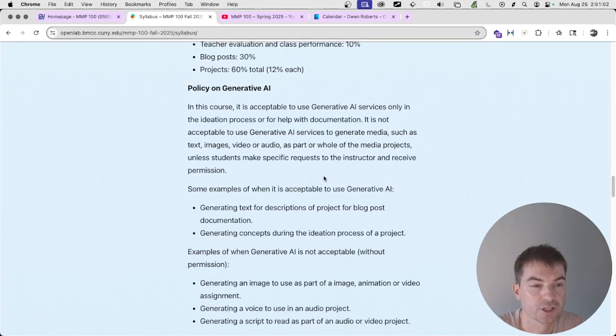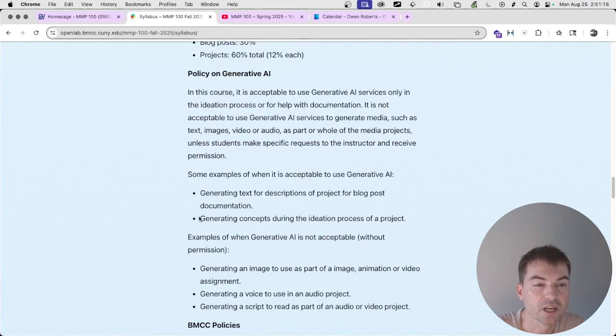Again, some clear examples. When you're writing blog posts, if you want to use AI to help you format or just describe what your post is about, that's totally fine with me. You don't need to tell me or worry about that. When you're working on an idea for your project, if you want to go on ChatGPT and say, hey, what's a good idea for an image project that involves XYZ things, that's totally fine. Obviously, if you're just going on there and saying, give me an idea for a project and you just do it, that's not really that useful, but that's your own approach, and what you get out of the class is going to be what you put into it.